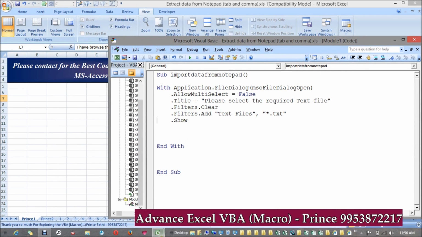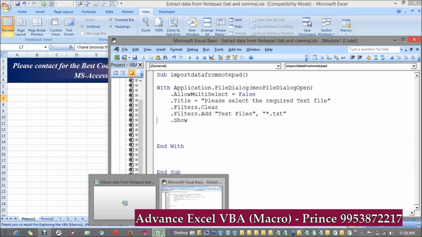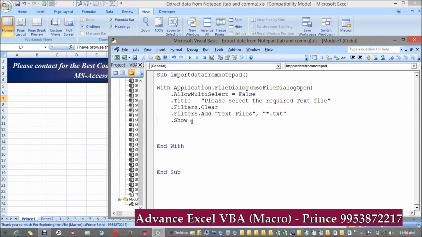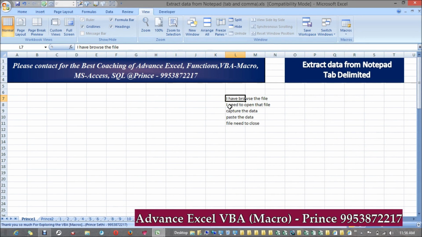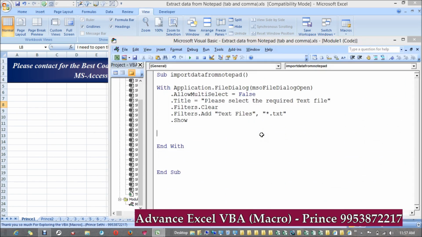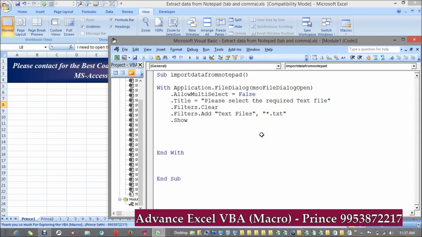So as of now nothing has been opened so far. See, just because I haven't used any programming to open my workbook, even though I pressed open over there, nothing has been shown to me. So my next step: browse is over. The second step is I need to open that file, so then dot